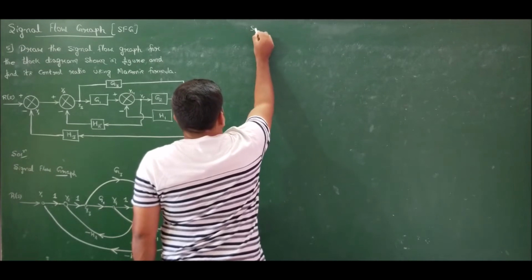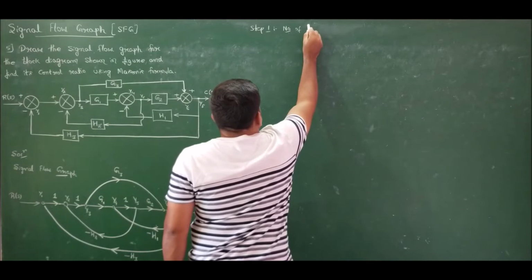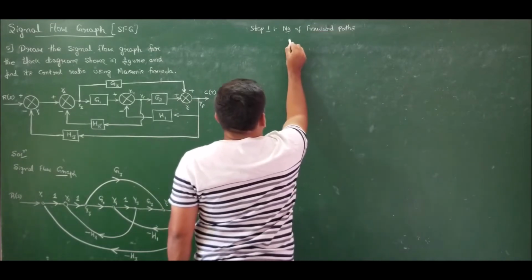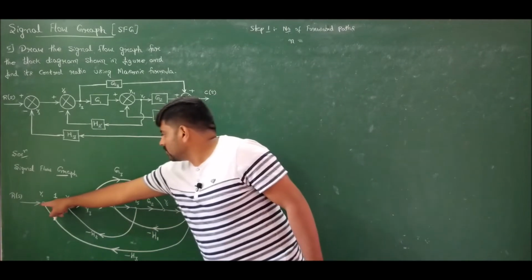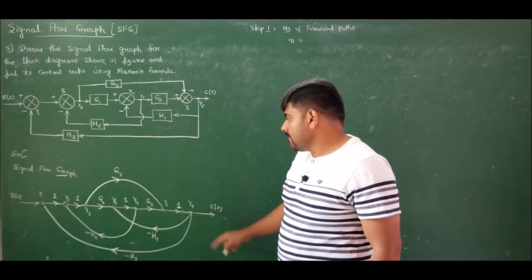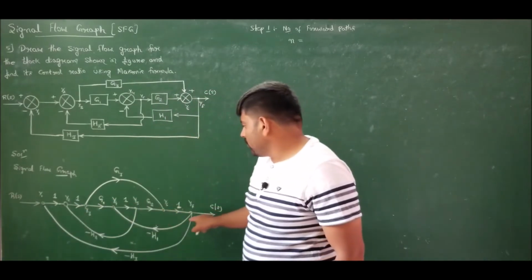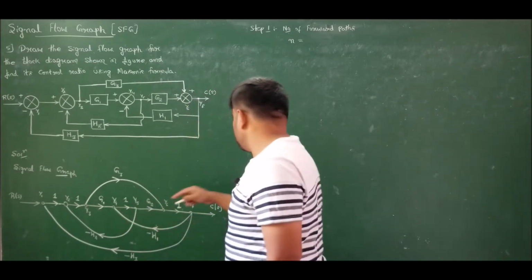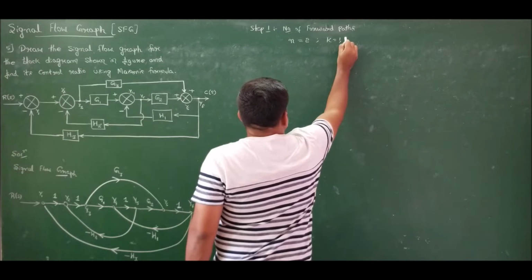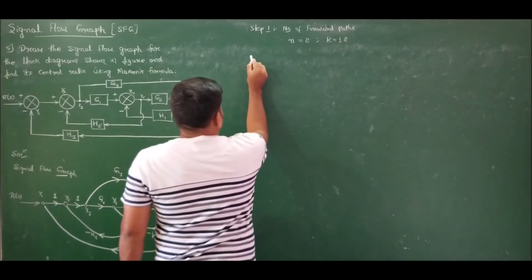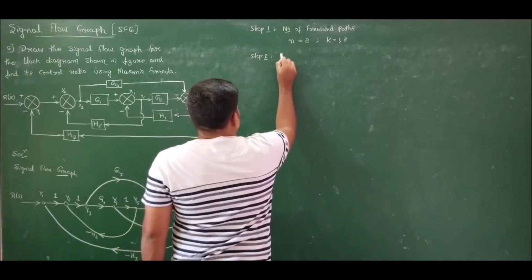Now moving to step 1, number of forward paths. The total number of forward paths, small n, will be equal to: one is a straight path from node y1 to y7. Coming to the second path, we have one more path with G3. Only 2 paths, the remaining are all feedbacks. So we have only 2 forward paths, therefore k is equal to 1, 2. Next move to step 2, to find path gains.